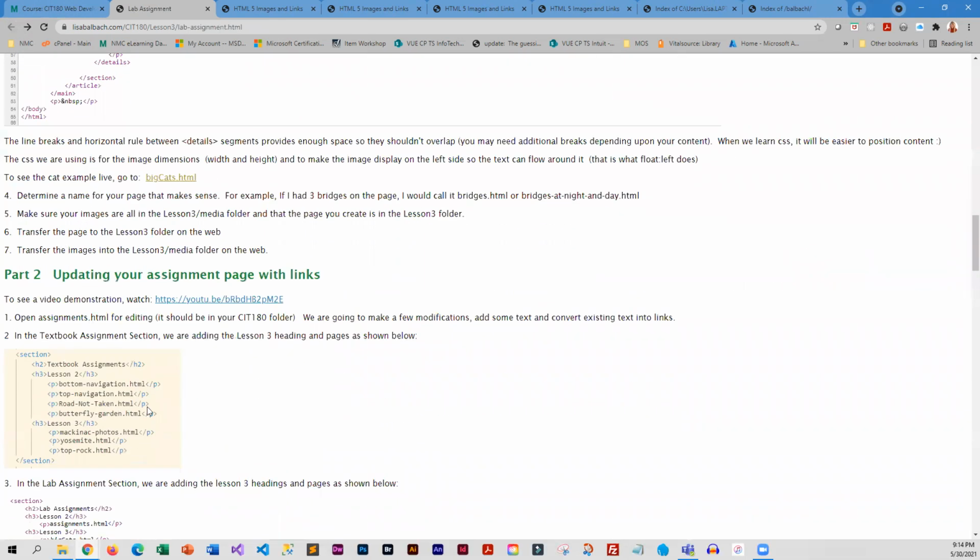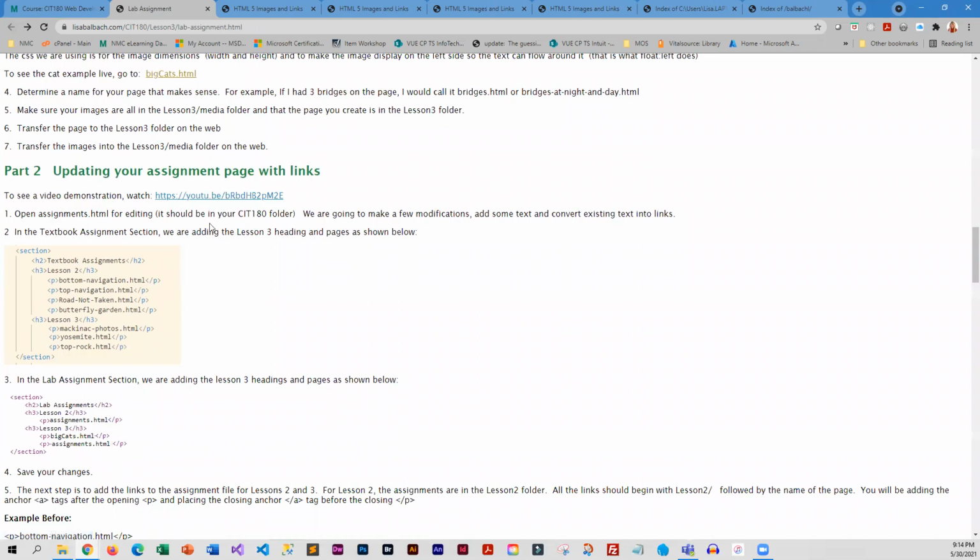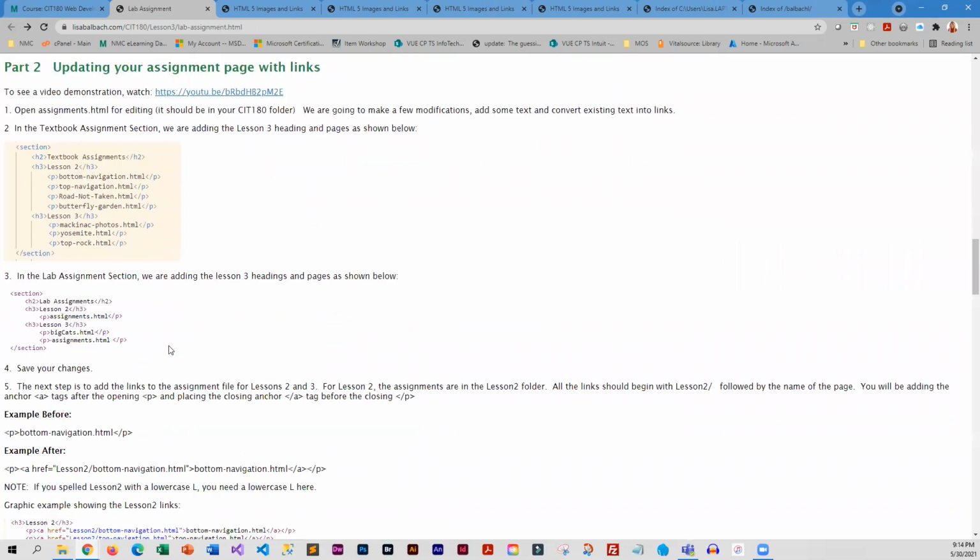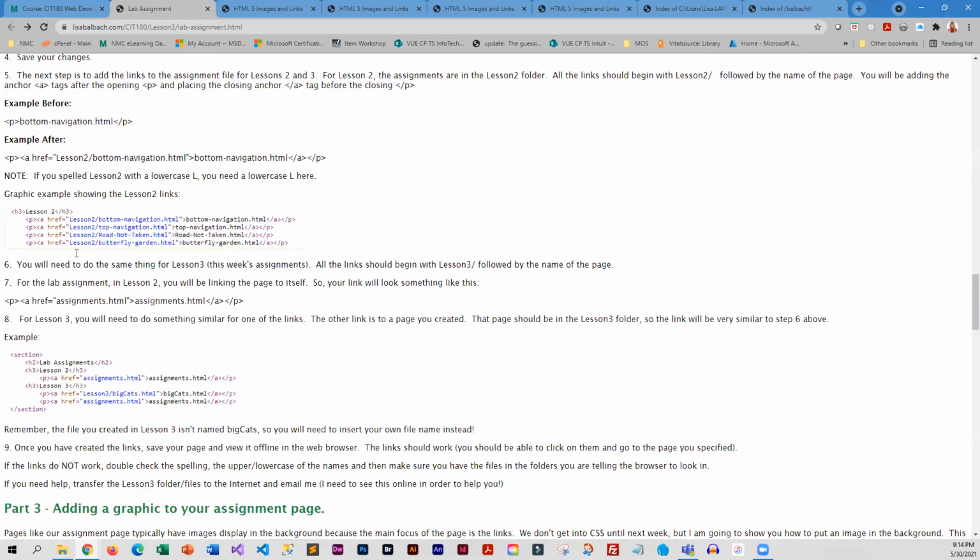That's part 1. Part 2 is adding links to your assignment page. So this is kind of what your HTML should look like for the textbook and the lab. And then you're going to convert those to links. Now, if you named your pages the exact same as me, you can pretty much use what I have here. If you did not name your pages the same, so instead of using lesson 2 with a capital L, you did lesson 2 with a lowercase l,